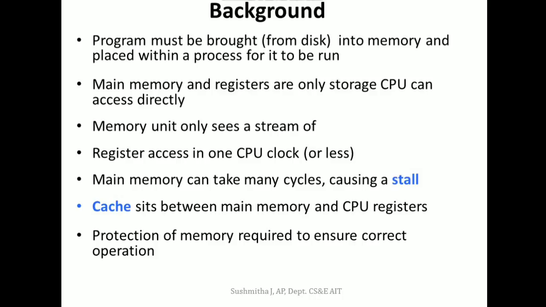If you remember the memory hierarchy that we discussed, registers are one of the fastest memory units that we have. So we require just one CPU cycle to access the content of a register, whereas it is not the same with your main memory. To access the content in your main memory, it may take many cycles